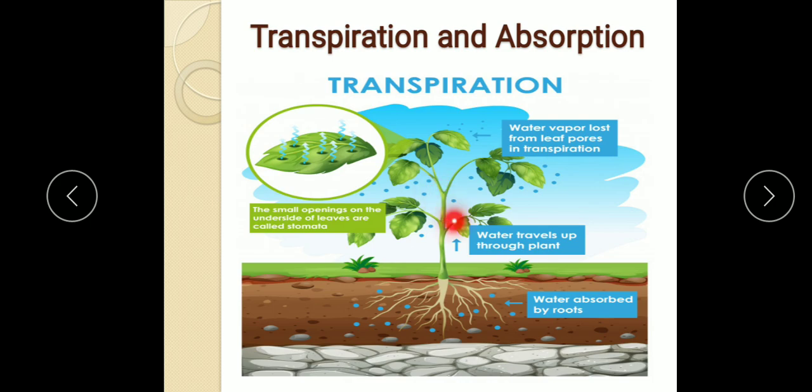The amount of water in the roots gets reduced because of the continuous upward flow of water, and in turn the water from the surrounding soil passes to the root hair cells by the process of osmosis, and thus the cycle continues. So, understood the relation between transpiration and absorption? There is a direct relationship. More transpiration means more absorption of water by the roots. Transpiration takes place in the leaves and absorption takes place through the roots.